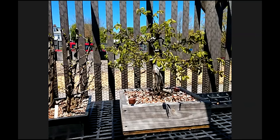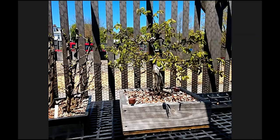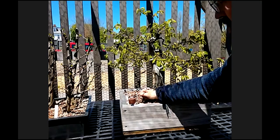Whereas if you have something very sweepy and elegant, and maybe the crown is quite thin and what we might think of as feminine, we're going to want a thinner pot, something that is going to complement the actual look of the tree. And in terms of fertilizing, feeding them, again, because this soil,